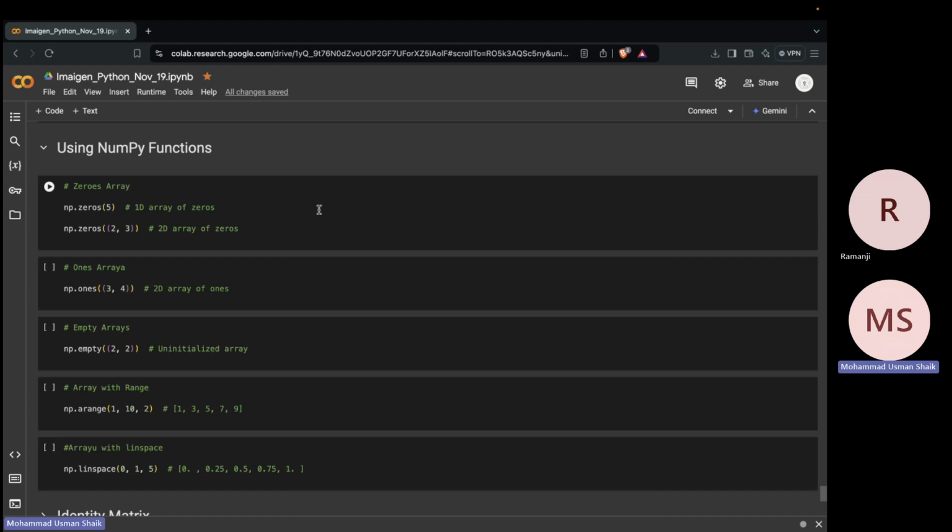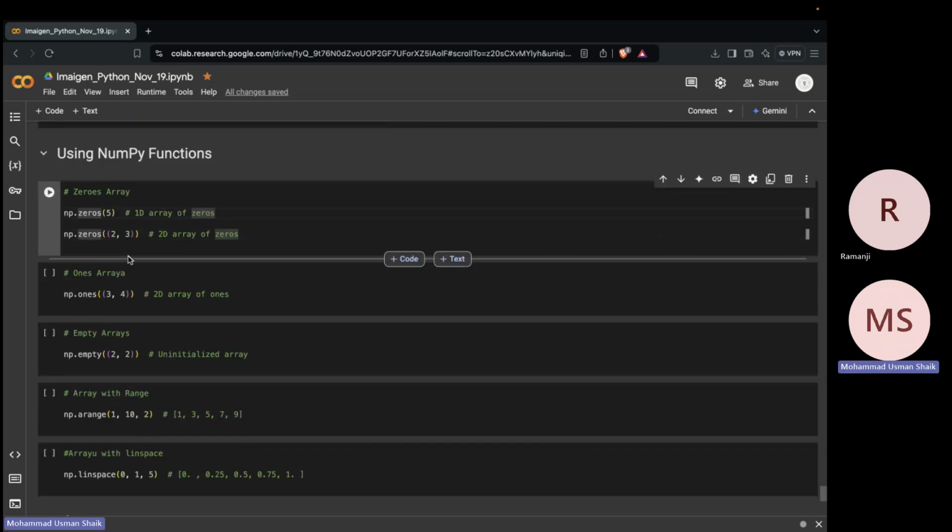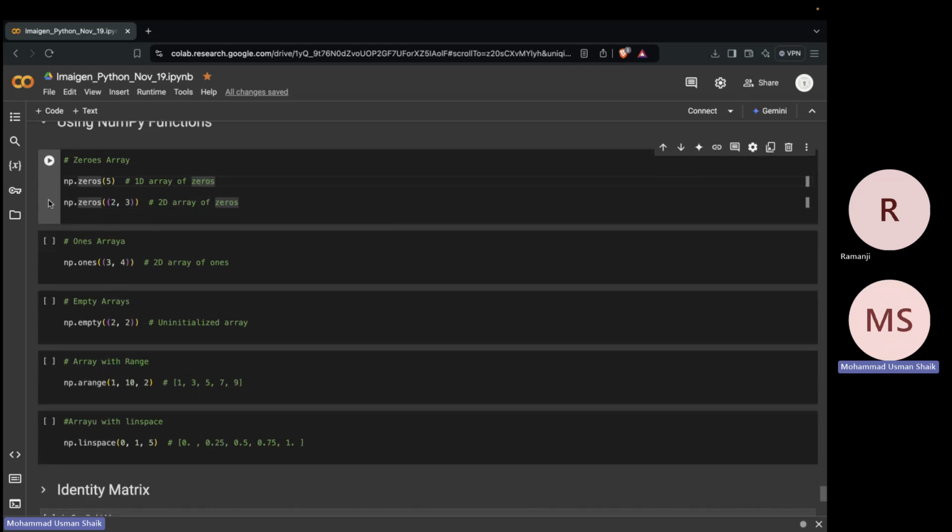Everyone, today we are going to discuss Numpy functions. In these Numpy functions, we are going to understand what we can do with Numpy and what functionalities are provided by Numpy. Now, first of all,